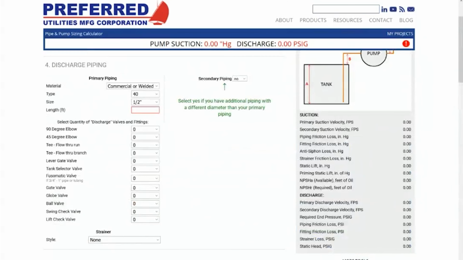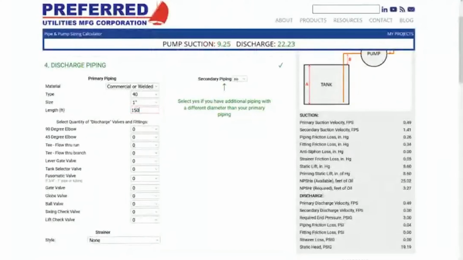All right, moving on to the discharge piping. In this case, we're going to select 1-inch discharge and total feet. Let's go ahead and put in 150 feet. Now you notice this was the last field that was highlighted red. So now that that's filled in,